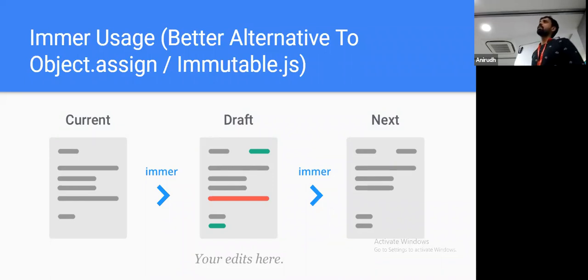The spread operator basically doesn't do a deep copy. So that is one limitation of using the spread operator. Like the spread operator, object.assign also does a shallow copy. If there are nested properties or nested objects, you won't be able to clone them because the reference is copied. That question is very valid, because you can use the spread operator if your data is not nested. If your data is nested, then obviously you will need to use immutable.js or Immer.